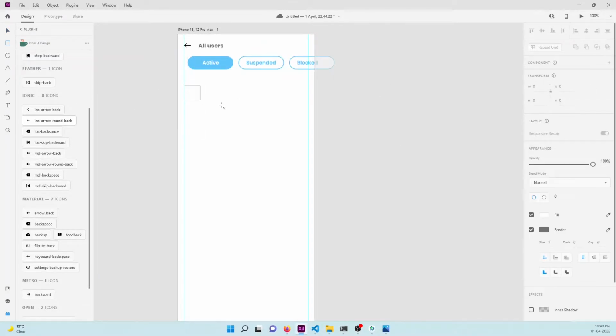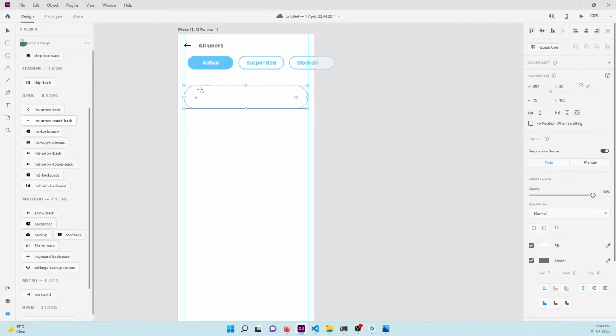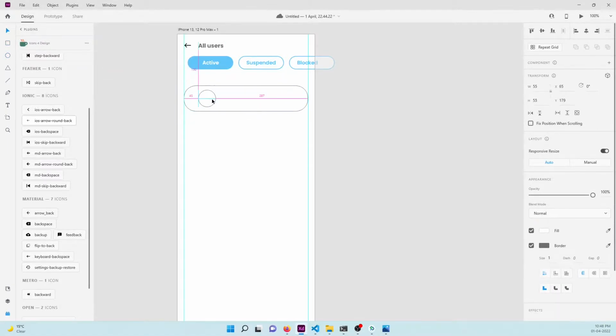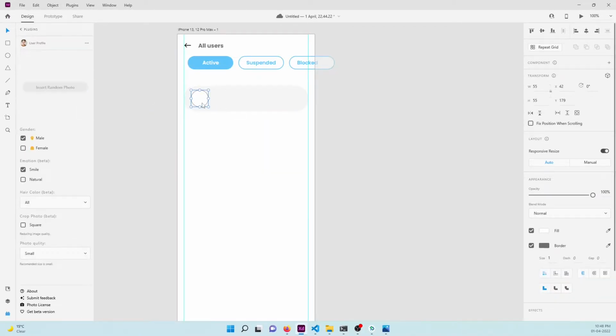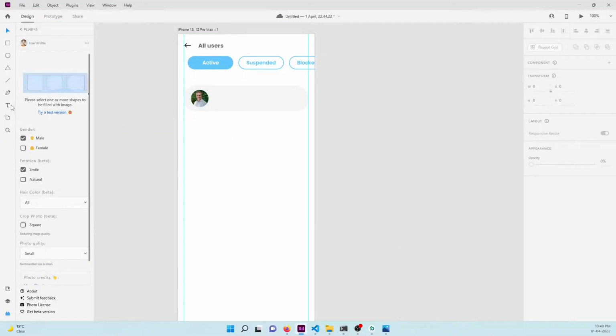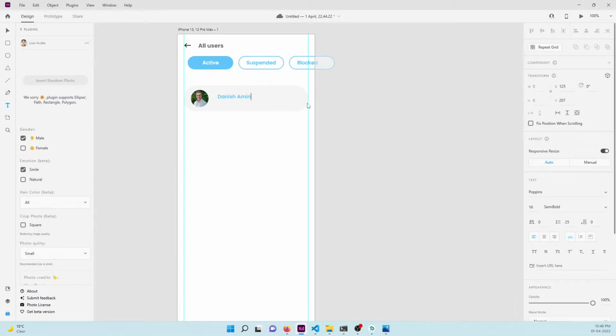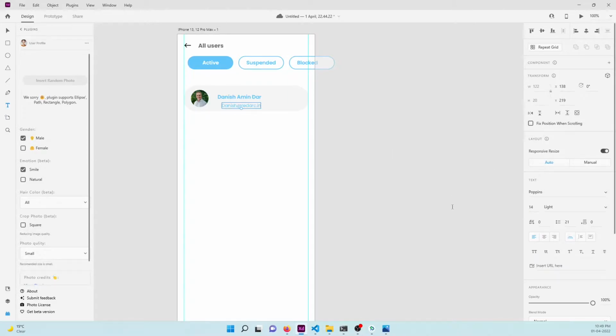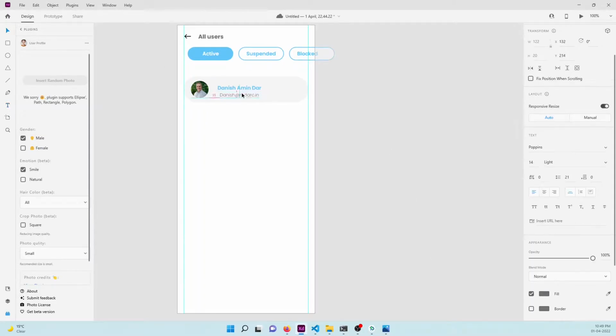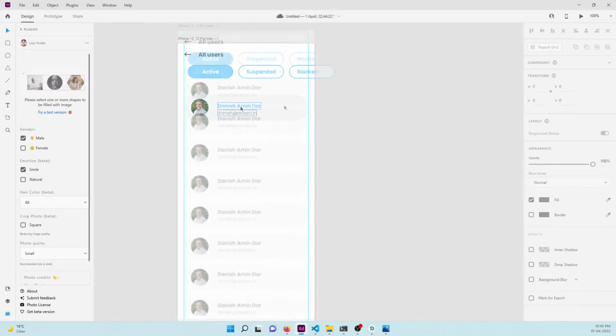And now let's create a list card, place a profile picture here, and then give it a name and email address. Let's just change its font style, colors,